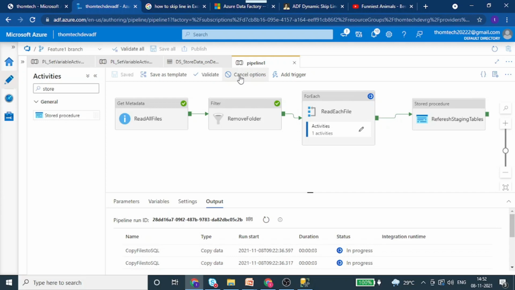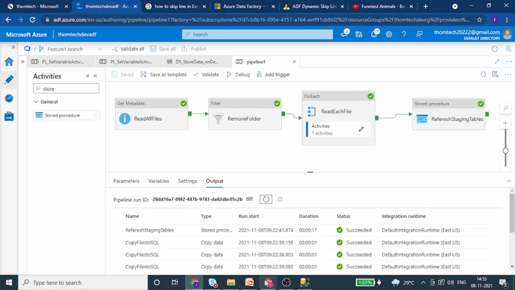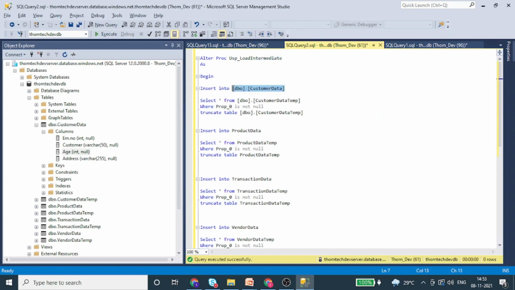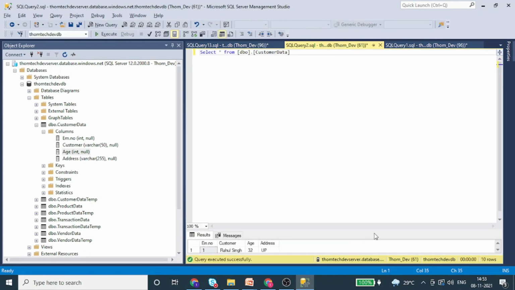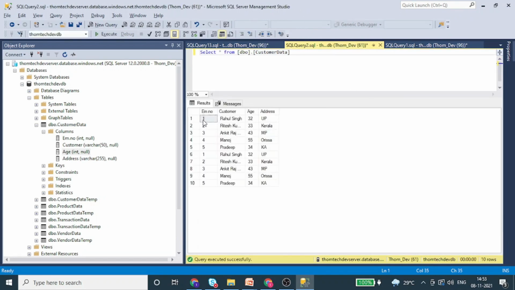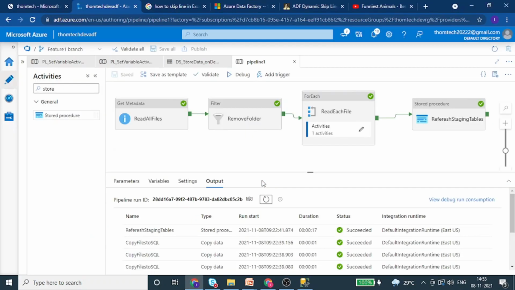Okay, so let's see. Okay, now the stored procedure has executed. Let's go back and just look out for our main table. Okay, so you can see our main table is loaded perfectly without any null. So like this we will populate, or it's already populated, all the 4, 5, 6 tables automatically. Okay, so guys, this was the solution that I'm giving for this problem.